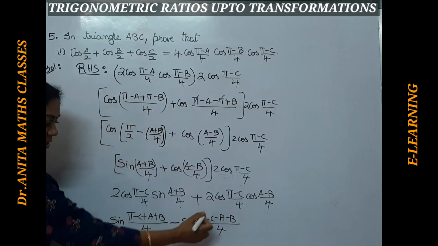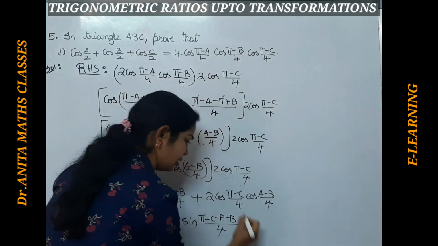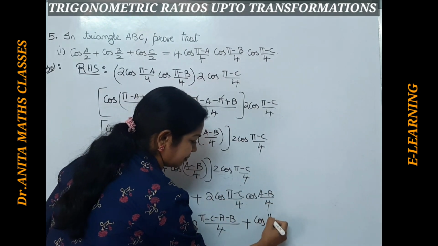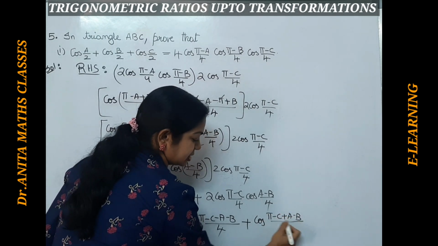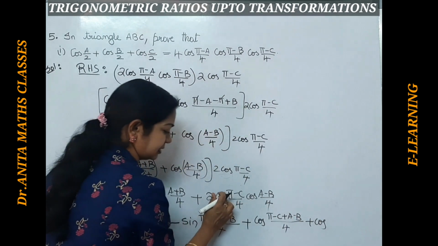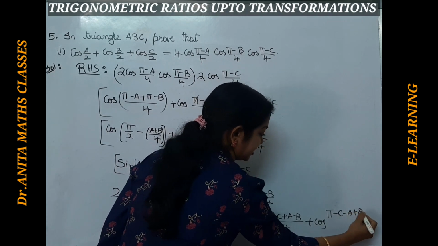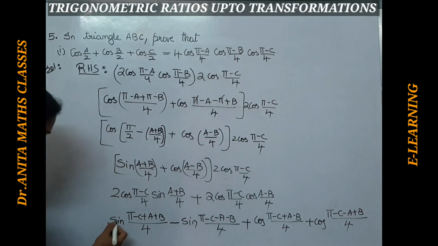So this is A plus B, this is A minus B. Similarly, we will transform this using the formula. When both are cos, we get cos only. So cos of A plus B, so π−C plus (A−B). This is cos (A+C), A plus B plus cos A minus B. This minus this, so π−C minus (A+B). Minus into minus plus B, right? So here if you are seeing, we will write them here as, we can write π/2.